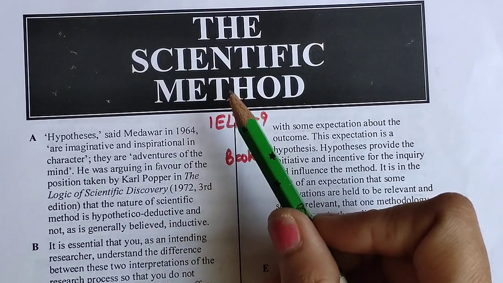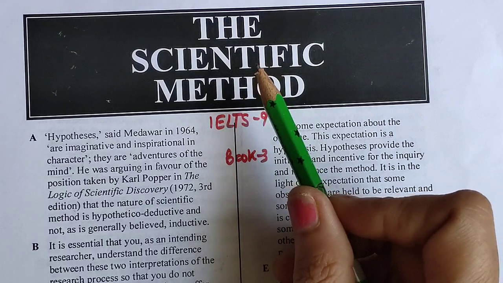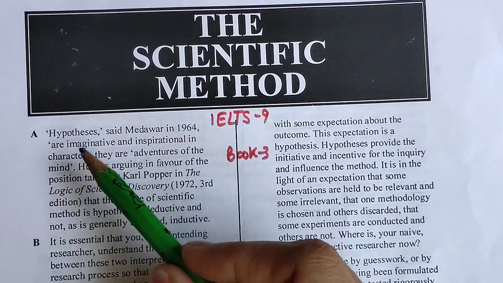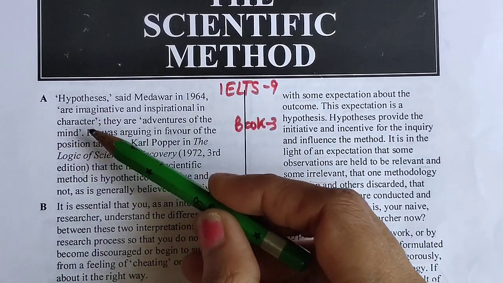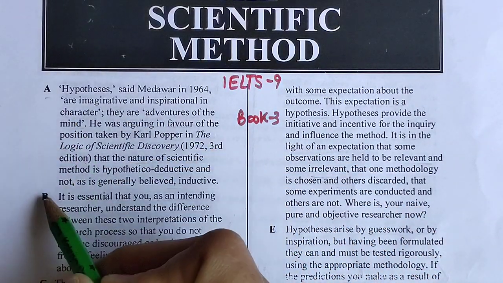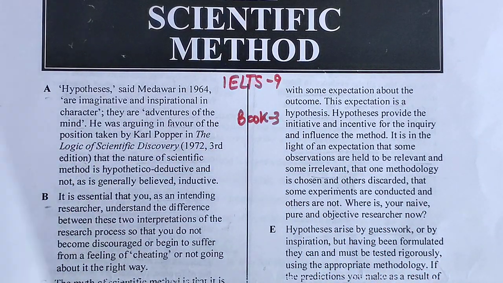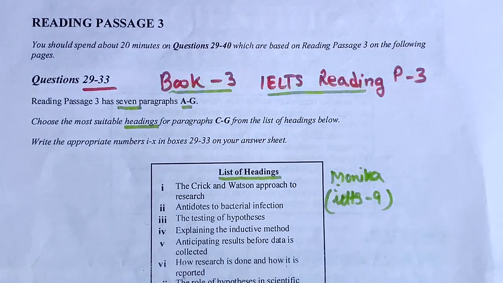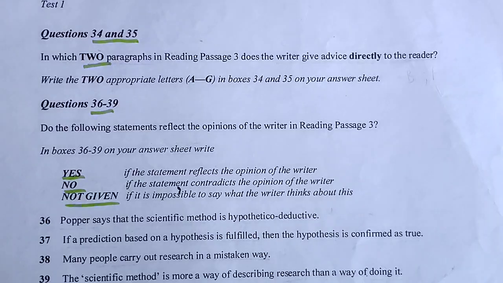Okay, so here in this video we are going to do this reading. The reading passage is the scientific method. You can see the reading has been divided into small paragraphs with alphabets. It means a list of headings question will be there, and the second type of question we have,